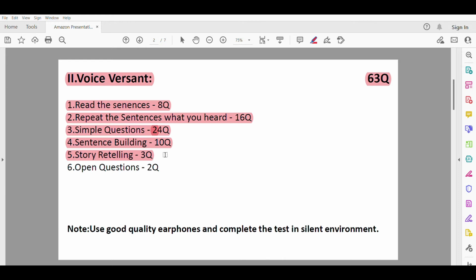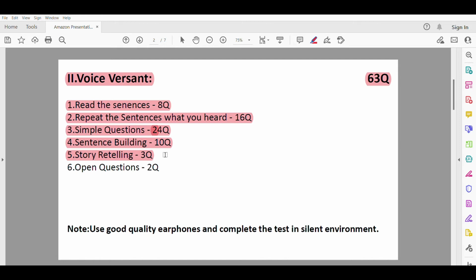So you have to retell the story in your own words. So this is basically nothing but a story you will hear from them, and you have to tell the story again to them. Basically you have to concentrate more on the names of the characters, the sentences they used, and the main context of the topic.